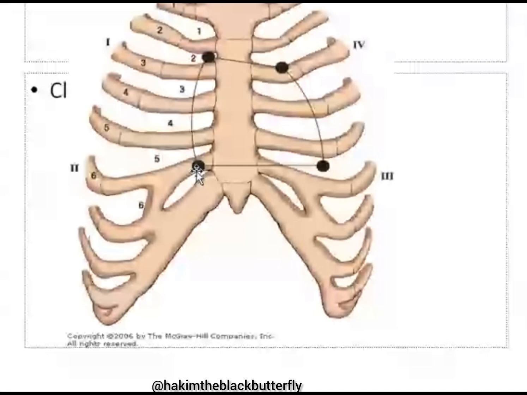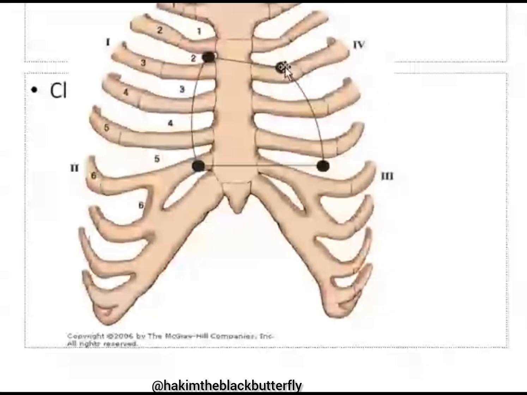And a point on the sixth right costal cartilage about 1.2 centimeters from the sternum, and a point at the surface landmark of the apex, the fifth left intercostal space at the mid-clavicular line, and a point at the third